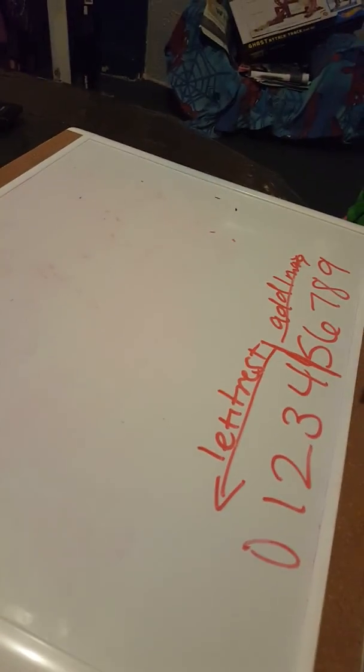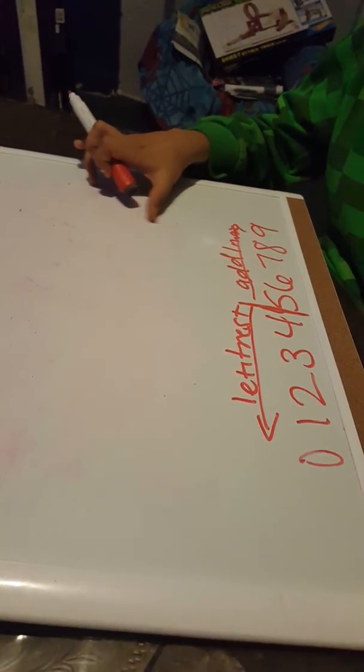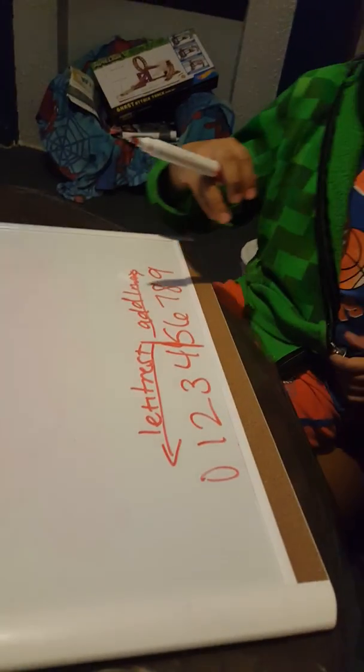Okay, so can you write me a number that rounds to the hundreds place? Yes. Okay, so just write a number. The hundreds. So if you wanted to round to the hundreds place, how many numbers do you need? 3, right? So just write 3 numbers that round to 300. Okay. Do you want me to help you with the first example? Yeah. Okay. So if you wanted to round to 300,